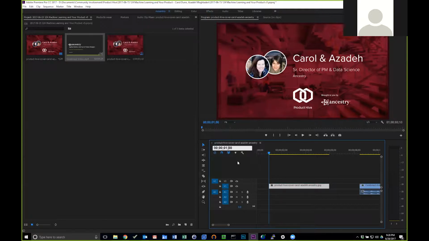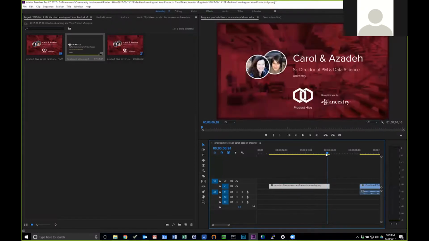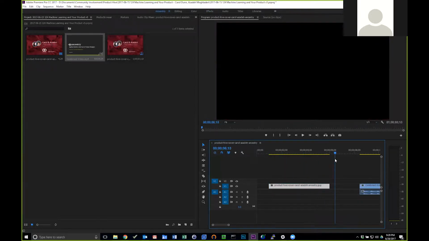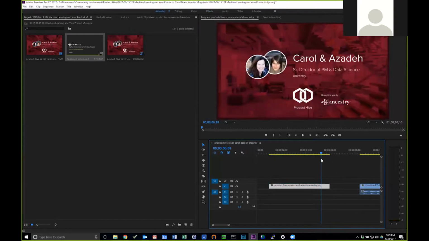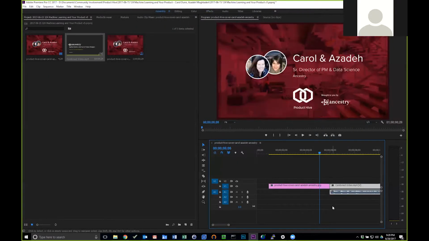6, right. So we'll change it to 6. There's the end of it, and it was almost lined up, but we want this to stretch to match that. So if I just hover over this end here, I can stretch it to 6 seconds. Now we've got a 5-second intro here with it appearing at 1 second and disappearing at 6 seconds. Then right after that, we want to have the video start, so we'll just drag the video until it starts there. And now, if we watch it,